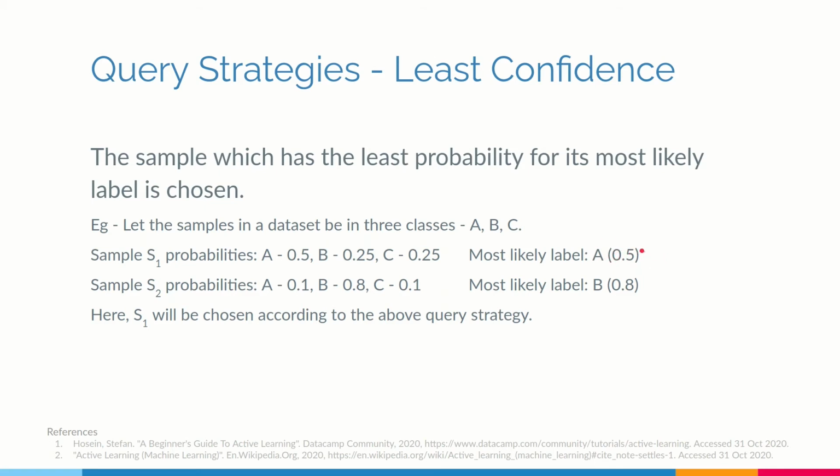So over here you can see that if we actually label this, we can get a lot of information. Because it is uncertain, if we label this, we'll know whether it is actually A or B or C. So this is a very good case for labeling, but over here we know that it is mostly B itself. So we do not get much benefit of labeling this one since it is mostly B. So it is better to label sample 1 than to label sample 2. So this is the least confidence one. You're least confident about sample 1, so you're doing it directly.